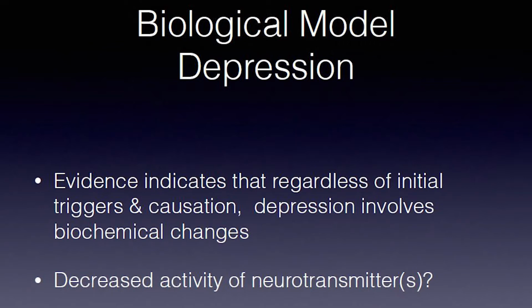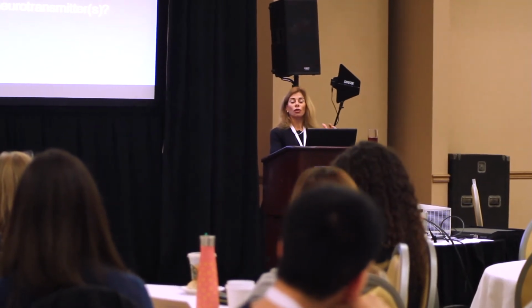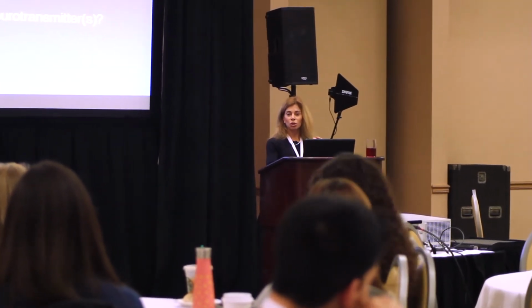Regardless of what triggers the anxiety and/or depression, it does involve biochemical changes. We have seen on PET scans that it heats up in portions of the brain responsible for anxiety responses and for serotonin, particularly, a neurotransmitter. So again, is it there before, or are the anxiety and depression related to once the eating disorder sets in and the person's brain is responding to the nature of the eating disorder?